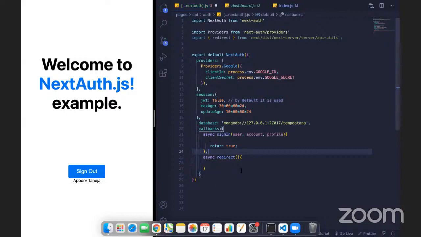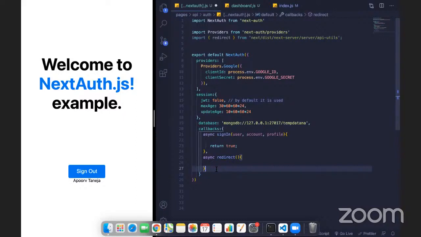We saw in the earlier part of the talk that when the person gets signed into the application, it was getting redirected to the dashboard. So this redirect callback is called whenever the user is being redirected on sign in or sign out. You can mention the callback URL even on sign out as well. So when a user is redirecting to the dashboard by logging in, if you want to manipulate some request, or if you want to do something, we can use this redirect callback, and this is called whenever a person is being redirected.